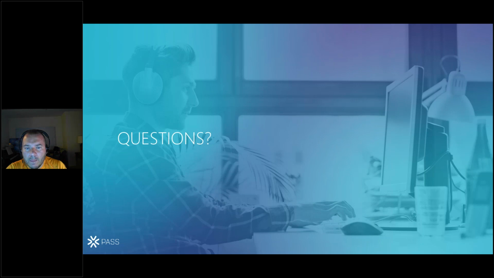Okay, next question. Can I have AG, probably availability groups, without a domain? Yeah, so this is actually something that we introduced with Windows Server 2016 and SQL Server 2016. So you can also have domainless clusters with Windows Server 2016, and we also support multiple domains. So part of your cluster running on Windows Server can be joined to a different domain than the rest of the nodes.